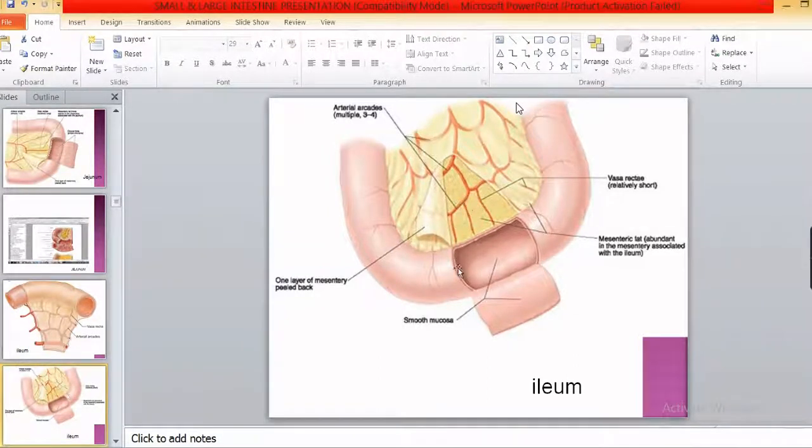So as you resect, you shouldn't cut so deep, up to the end of this one layer of the mesentery which was removed. This is not good because you may end up cutting supply to the rest of the